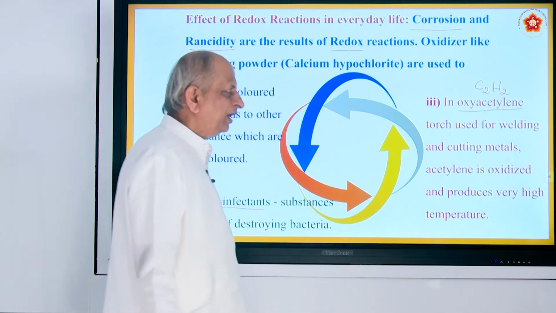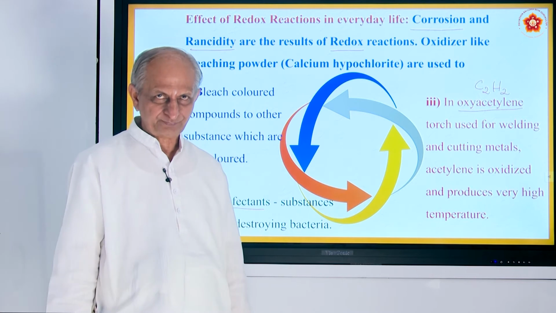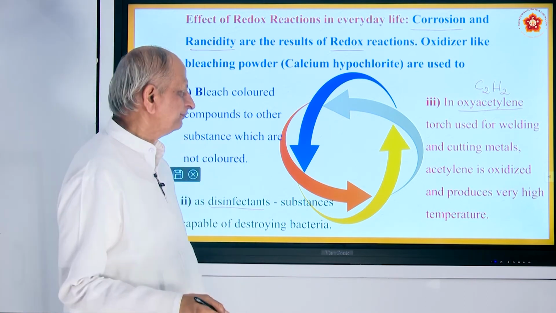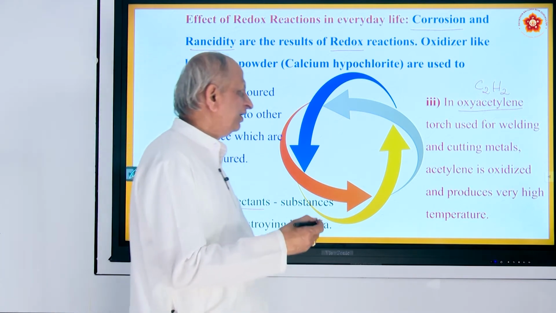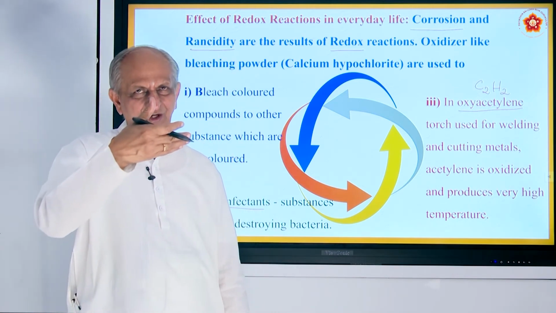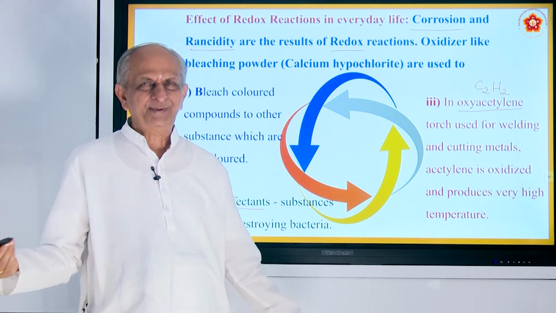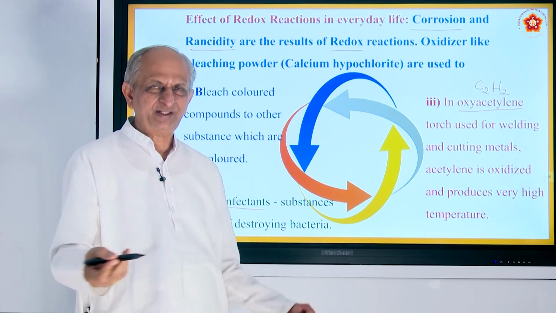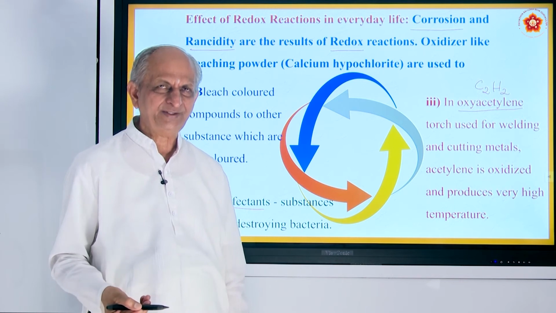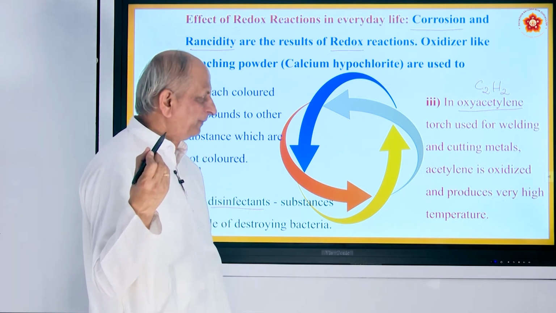It is an organic compound belonging to the alkyne group, which we are going to study in organic chemistry. So there will be what are called torches. You might have seen some welding shops, they use a mask, and there will be two torches, one of oxygen, another of acetylene. Together when they mix, they give a very powerful